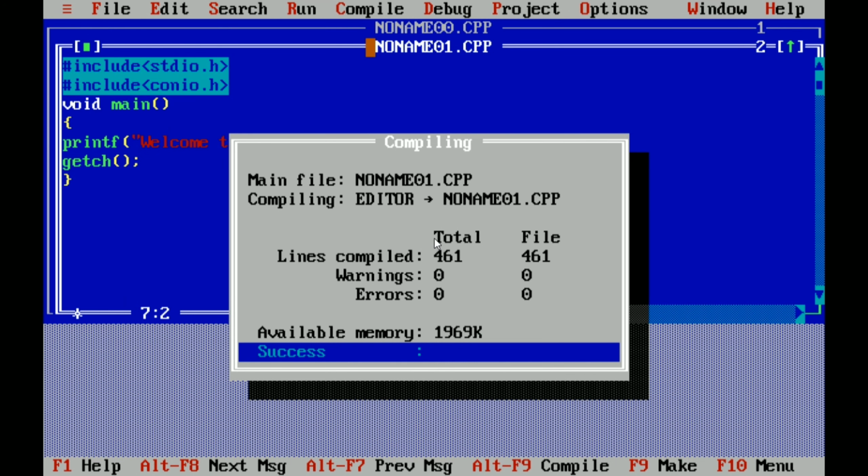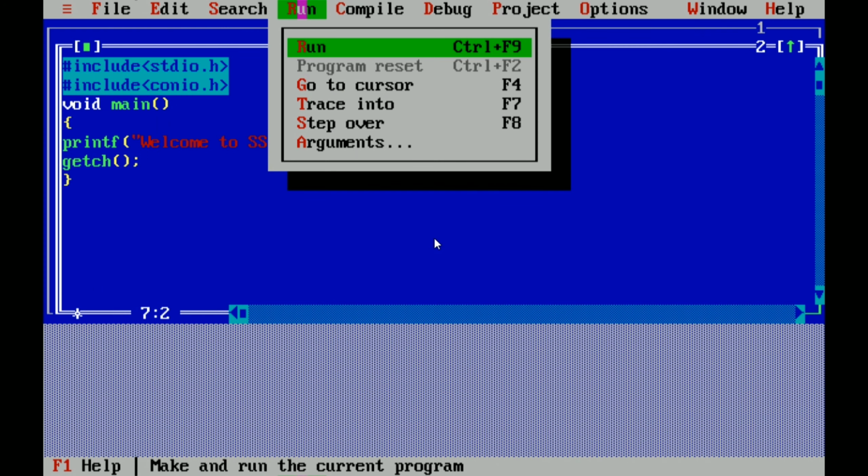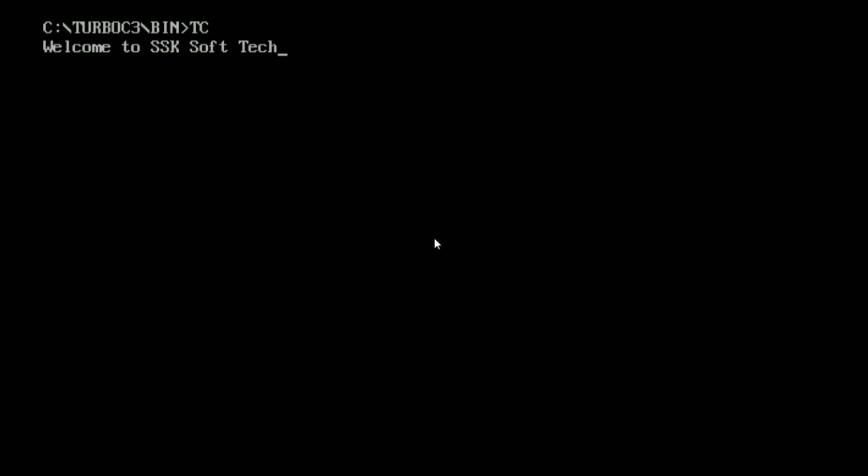Just press any key. After compilation just use the run option, or you can use Control F9. Okay, here it will show the sample message which is displayed on the screen, that is welcome to SSK Softtech.